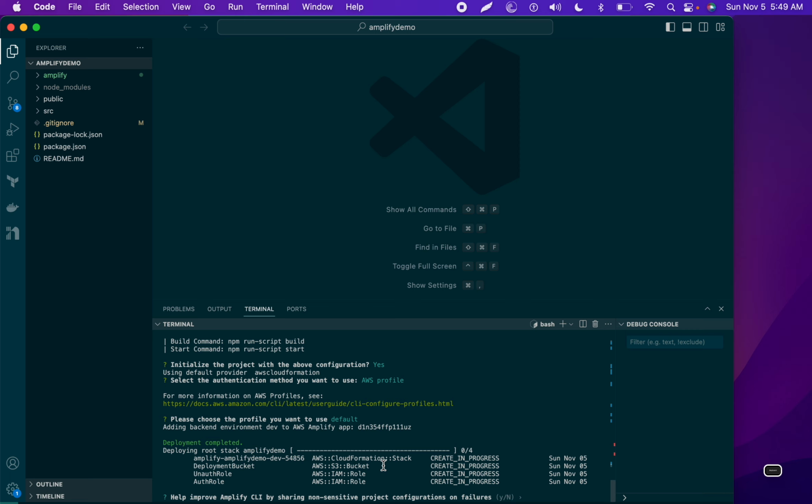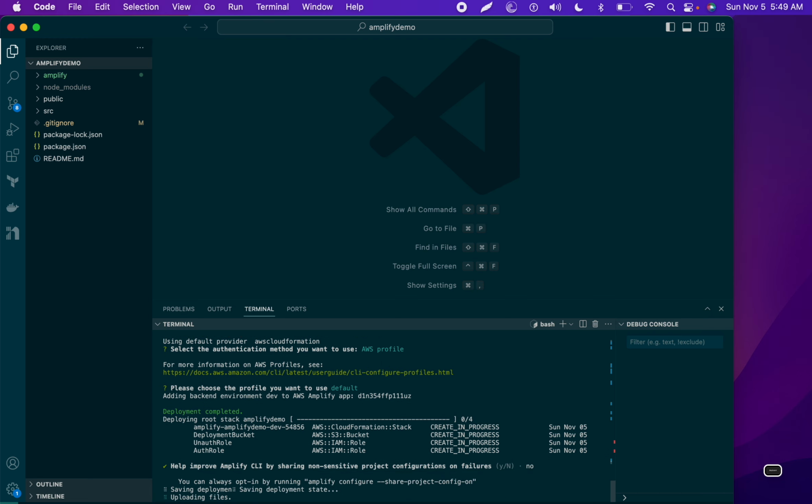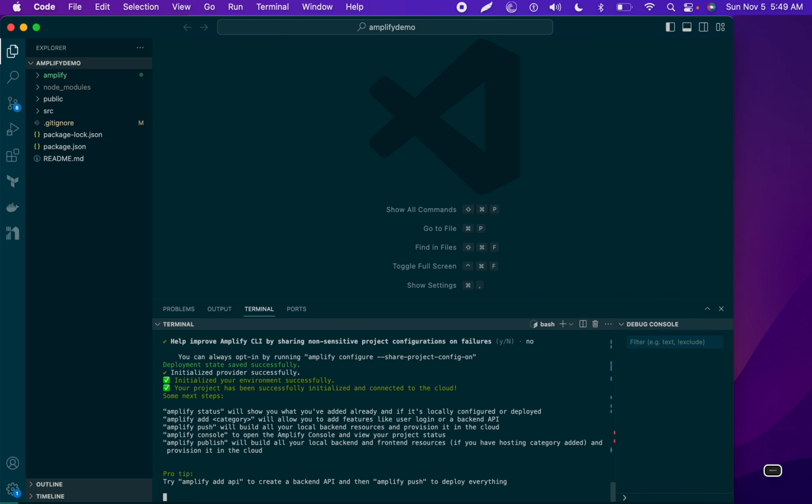So you want to help improve AWS Amplify by sharing non-sensitive project information? No. You may want to choose yes in your opinion there. So, okay,